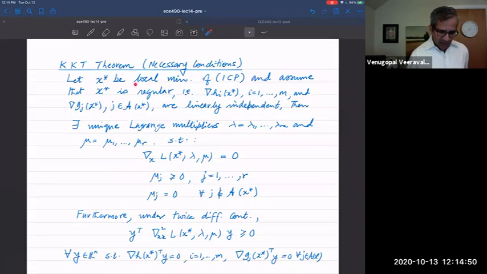Let X star be a local minimum for ICP. Assume that X star is regular. And here we only need the gradient of the HIs and the GJs in the active set. If all those gradients are linearly independent, then there exist unique Lagrange multipliers, lambda and mu, such that this is